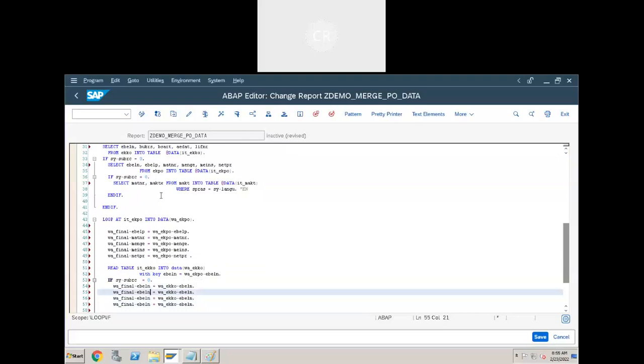What are the fields? BUKRS. BUKRS means company code. BSART.